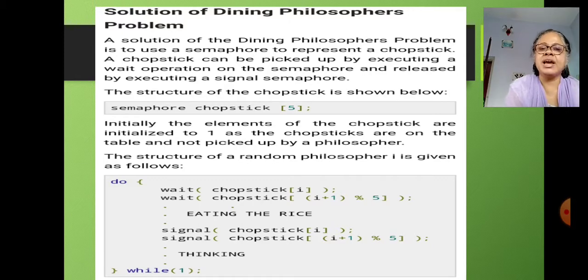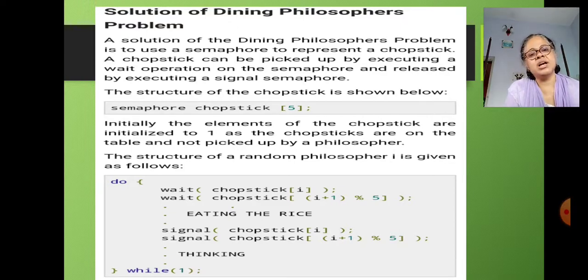You can see in the slide the structure of a random philosopher. Wait on chopstick[i] and then wait on chopstick[(i+1) mod 5]. That means the critical section is being implemented, and then the philosopher starts eating the rice.